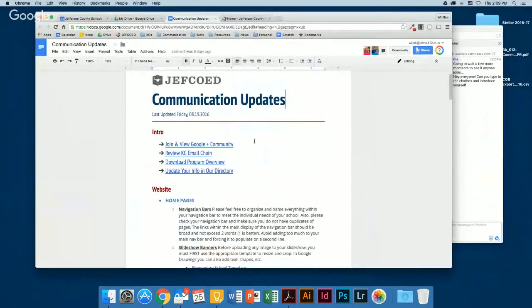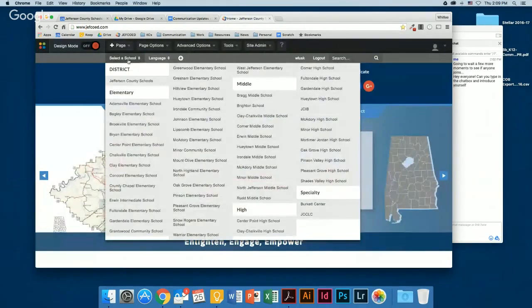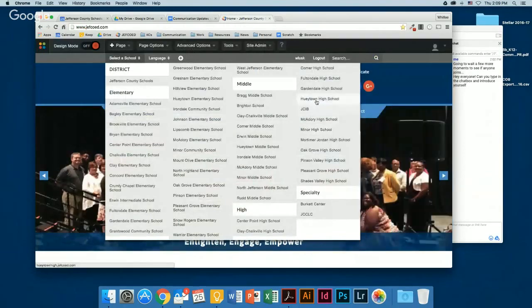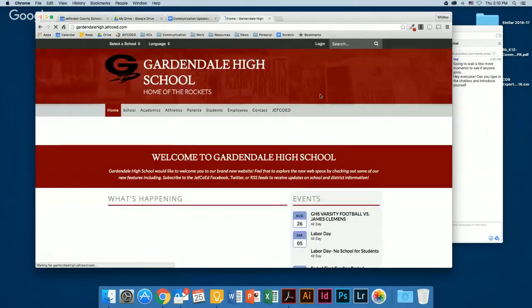So of course we'll start with home pages. The navigation bars, just like I said right here, please make sure to edit your navigation bar however you want. Schools are all doing different things.